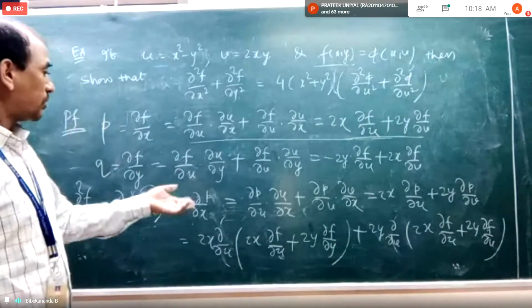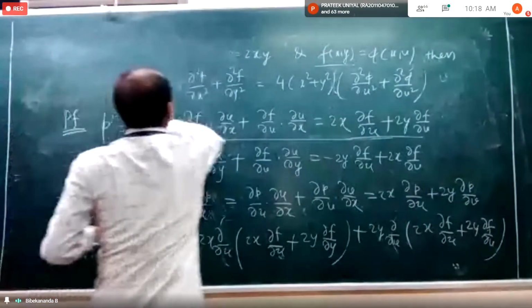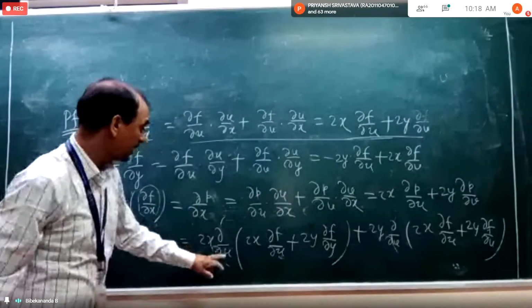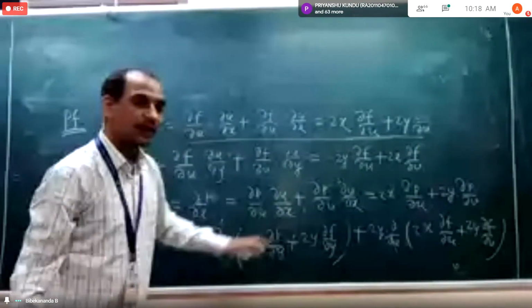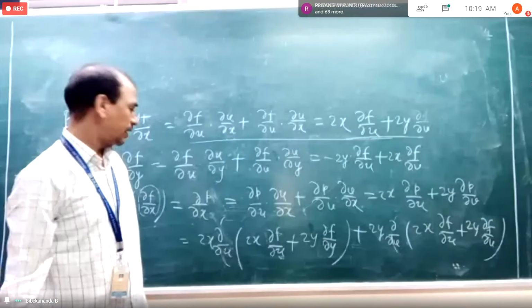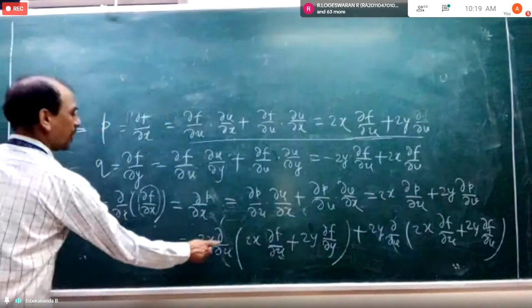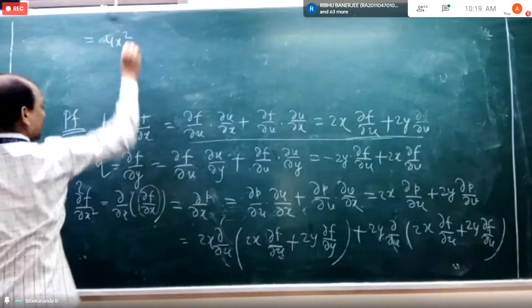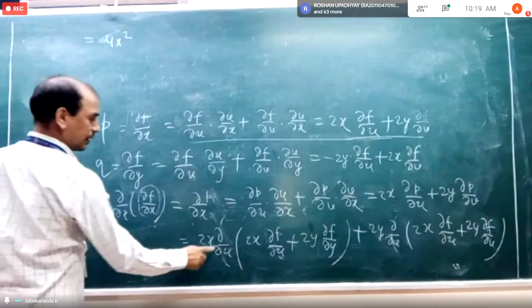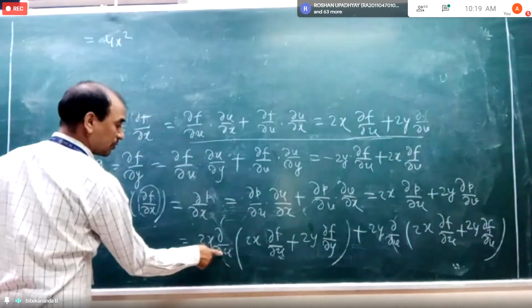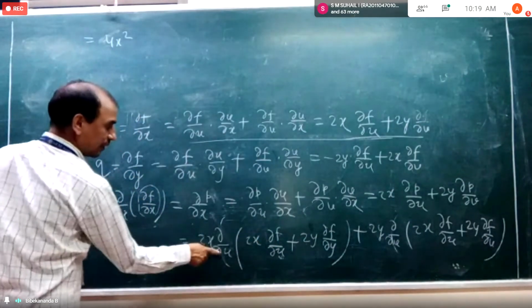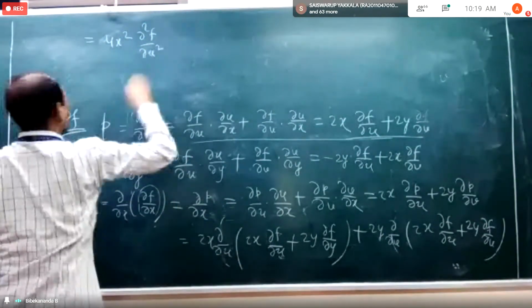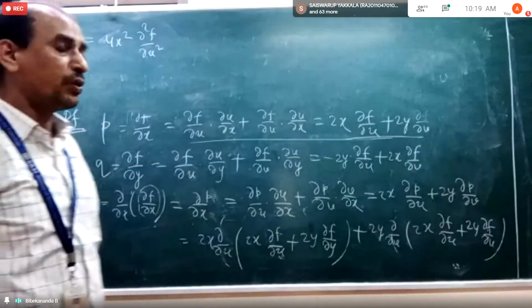Okay. So now, what will be the final answer here? You tell me what will be the final answer. Now you have a direct relation between U and F. So when you find the product of these two, you will have 4x square, 2x into 2x. Okay, and this 2x will be constant with respect to U. So 2x I am taking out, and then I am multiplying here dou square F by dou U square.